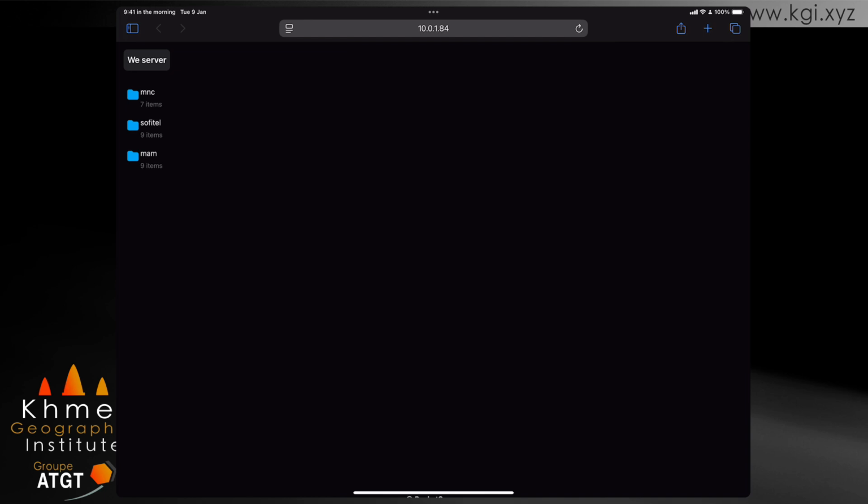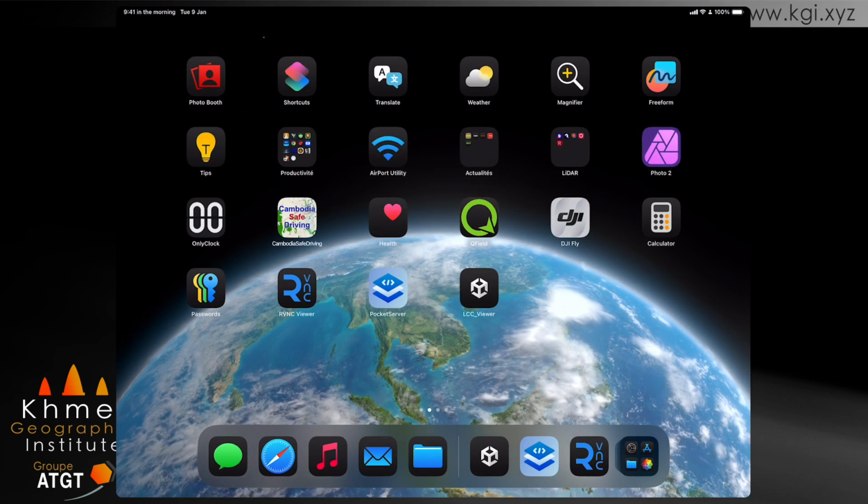Let's change one. So I go back to my Unity, into the renderer, and here I will just change this to the folder, to the Sofitel. Sofitel is a test that we have done for the Sofitel Hotel in Phnom Penh. Okay, I just change the name here. Need to save. Okay, on my iPad, I can just leave it like this for the moment. We need to compile, so let's go back to